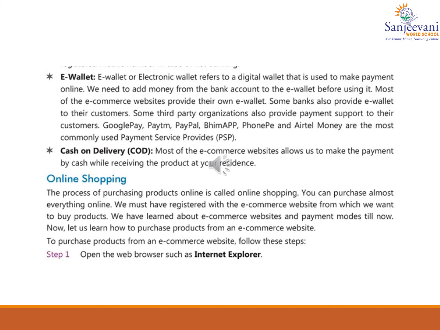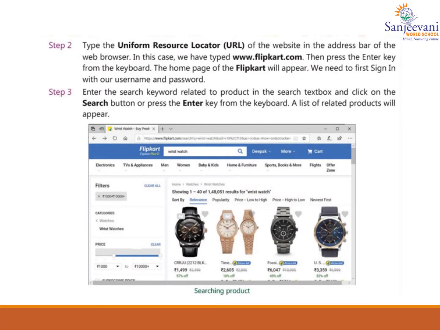Online shopping. The process of purchasing the product online is called online shopping. We can purchase almost everything online. To purchase the product from an e-commerce website, we need to follow the following steps. In step 1, open the web browser such as Internet Explorer. In step 2, type the URL, that is Uniform Resource Locator, of the website in the address bar of the